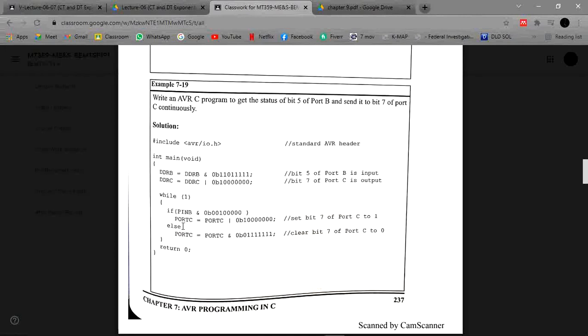So with the help of this code, we can easily show 1 on our input, show 1 on our port C output, and also clear pin 7 of port C.